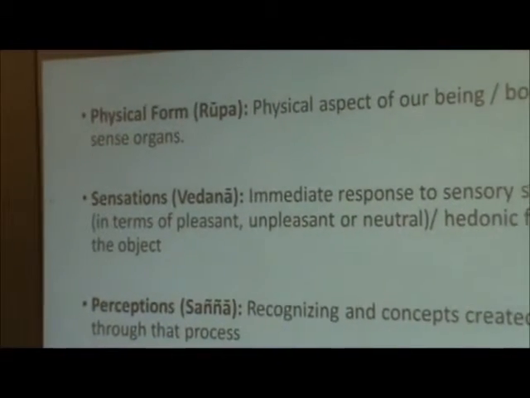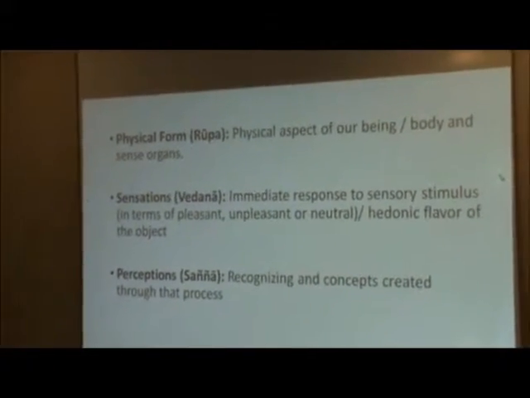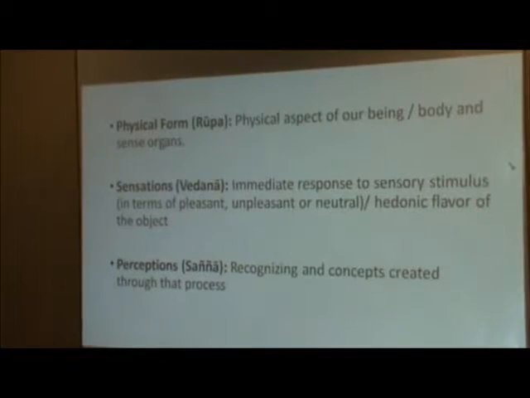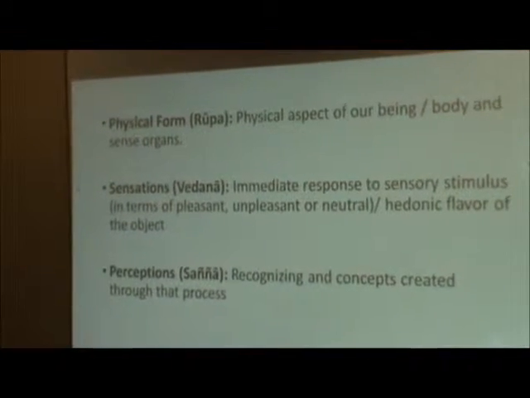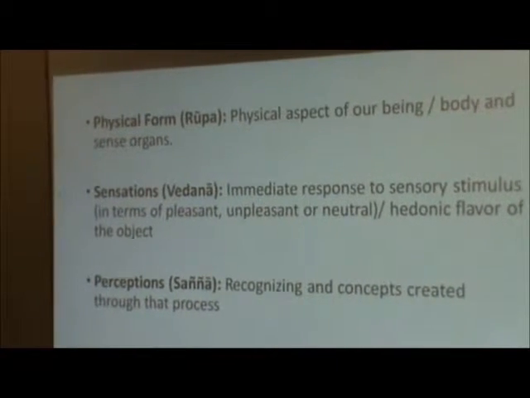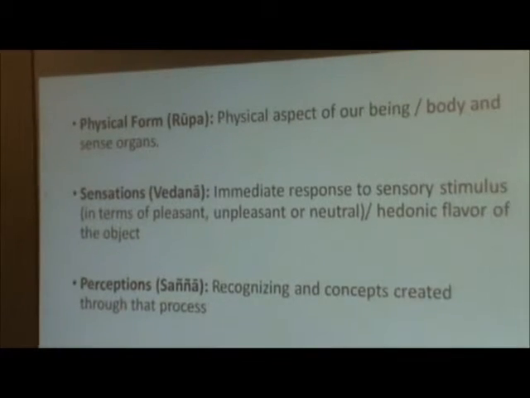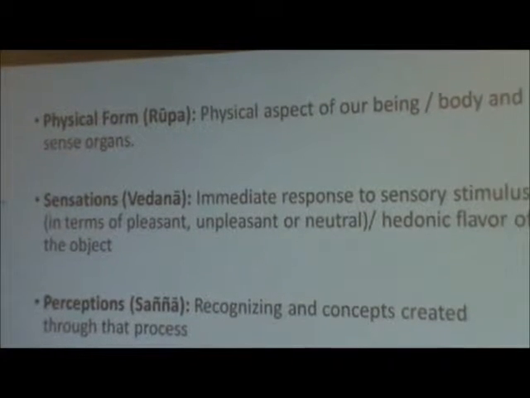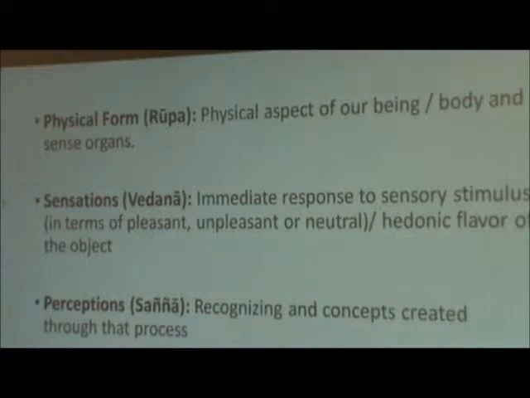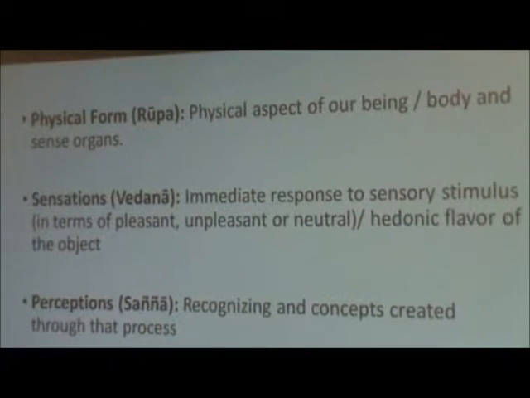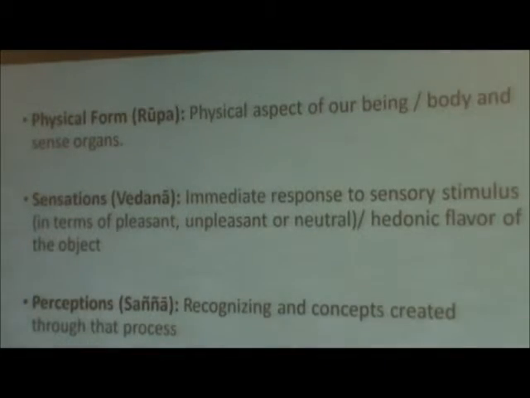Let's come to the real thing. The five aggregates. I think people have some difficulty understanding certain aggregates. So at a very basic point, rupa is form. We can call it the physical aspect of our being or our experience of the physical forms. It can be either constituents of ourselves, particularly our body and our sensory organs, and also mean our experience of the form, experience of, if you want, we can call it the external world, but that term becomes problematic when you go into deep analysis.